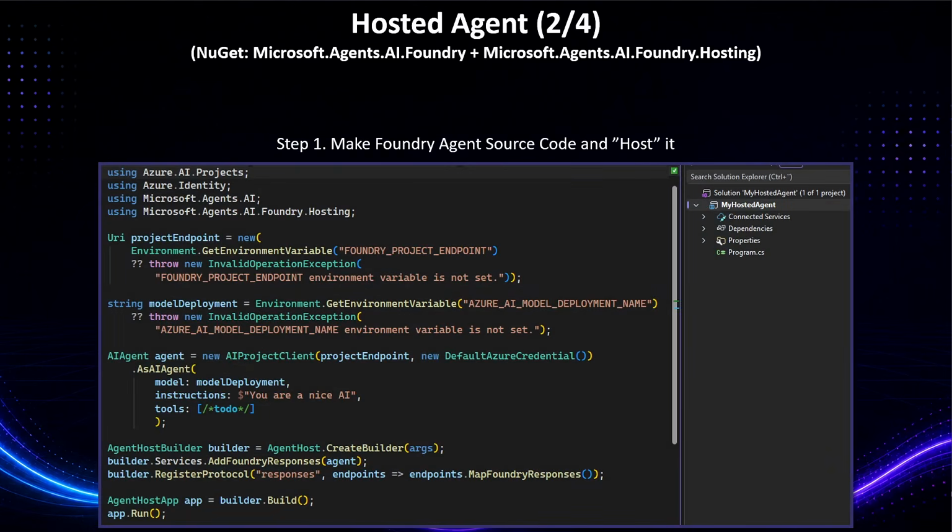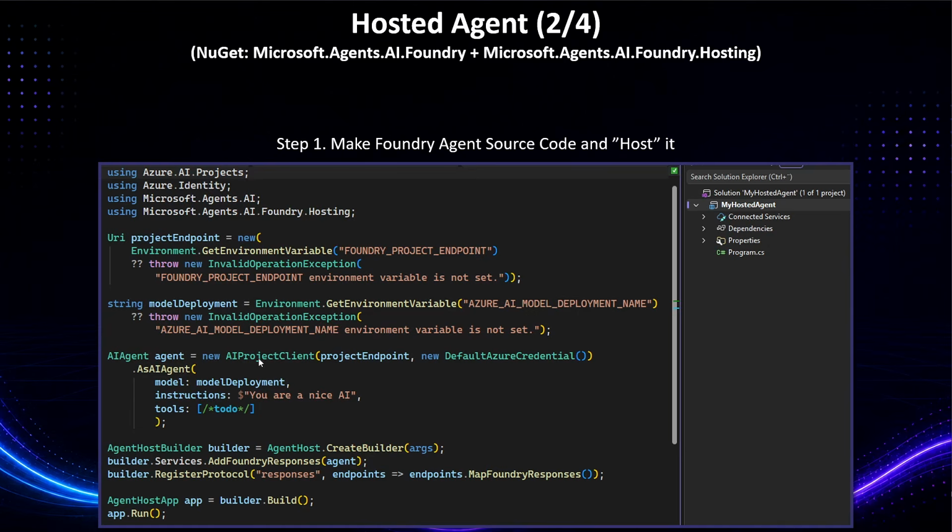So the first thing is to actually make a small agent. And you do that in a different project where you essentially just do the same as an AI Foundry project agent, but we get the Foundry endpoint injected into us using environment variables, and we also inject our deployment model. We technically don't need to do this, but this means that they can be sent to multiple different Azure AI projects and use multiple different models. But we could hard code them here as well, and it would still work.